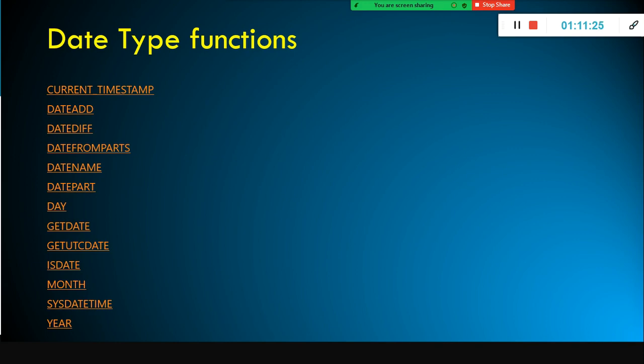Sometimes they use a numeric data type for the date key. In that case, you need to check whether it's a numeric data type or string data type while loading it. If it is a number data type, you need to change it to date format.